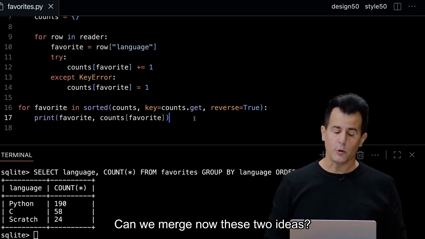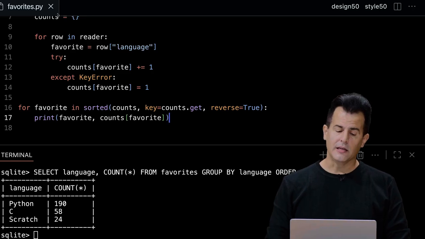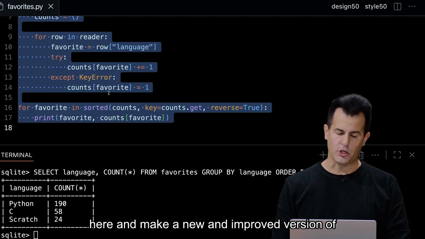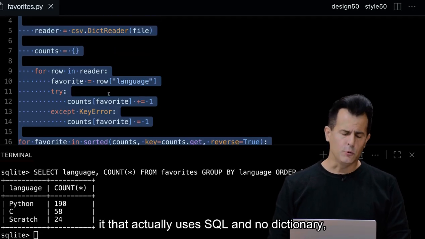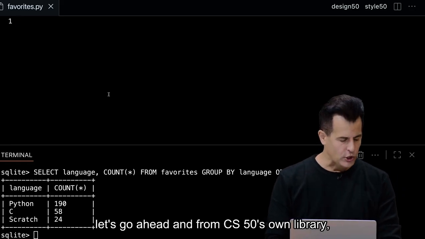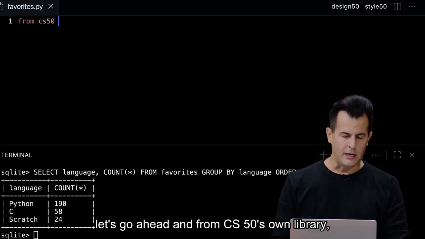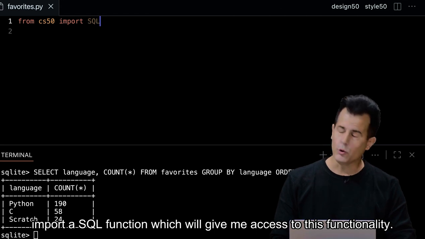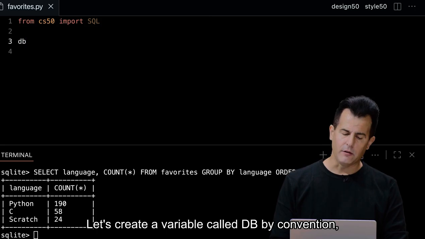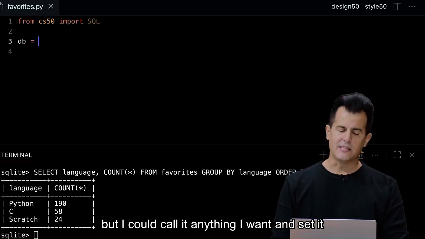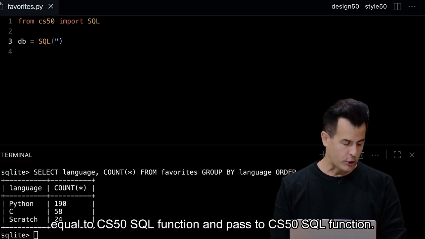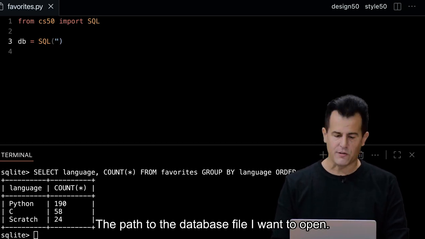Can we merge now these two ideas? Well, let's see how to do this. Let's go back into favorites.py here and make a new and improved version of it that actually uses SQL and no dictionary, no for loop, no try except or any of this. Instead, let's go ahead and from CS50's own library, import a SQL function, which will give me access to this functionality. Let's create a variable called db by convention, but I could call it anything I want, and set it equal to the CS50 SQL function,